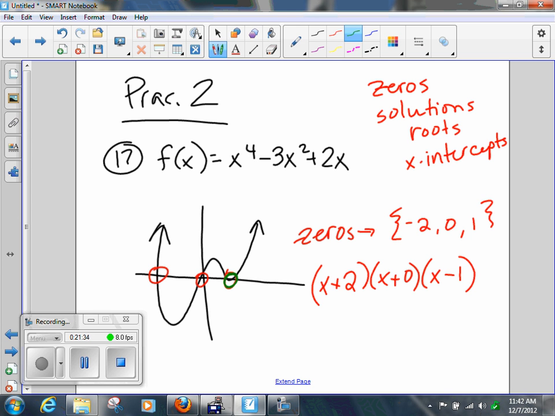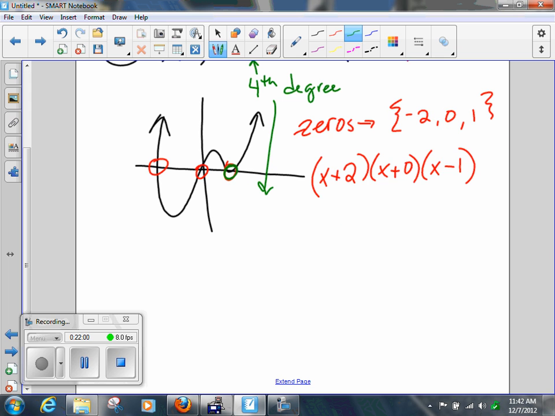I think because this is sitting on top of the x-axis, I think that has to do with the multiplicity, because I know that this is of what degree? It's a 4th degree polynomial, which means that my options for solutions will be how many real solutions? What are all the possibilities? I could have 4 reals or 2 reals and 2 imaginary. Or, what's my last option? 0 reals